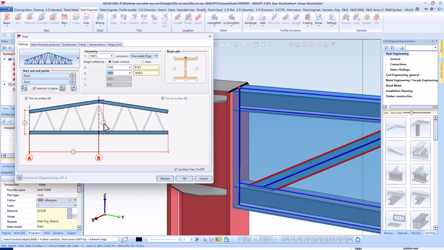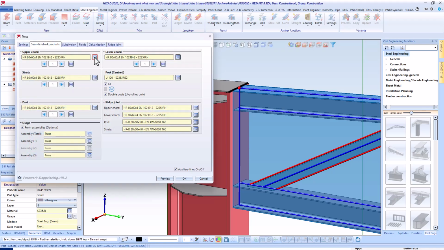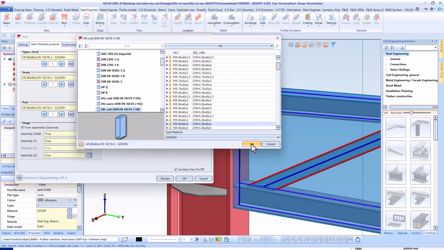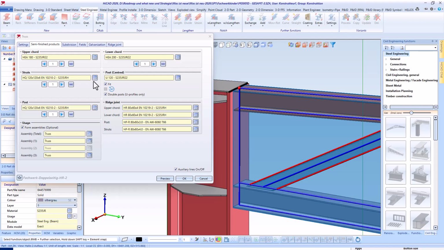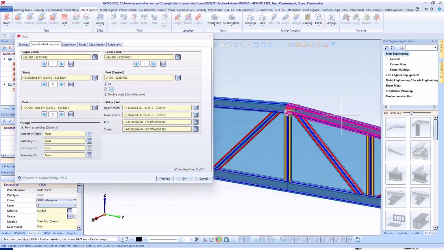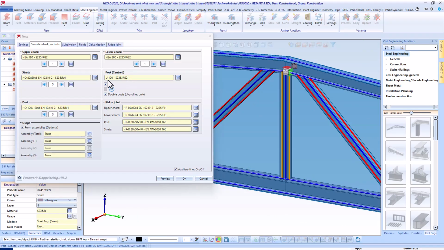The Semi-Finished Products tab can be used to define all semi-finished products of the truss, namely, for upper and lower chords, diagonals, and posts. This allows a freely selectable semi-finished product to be defined individually for each beam. During the insertion of the middle post, it is also possible to configure two beams in the case of a